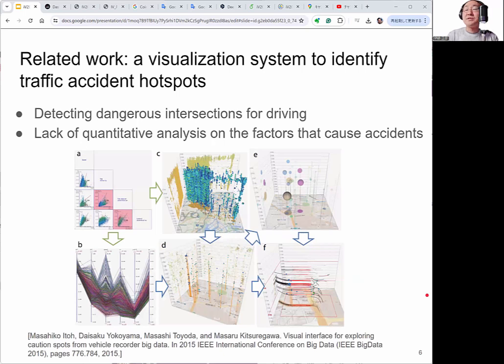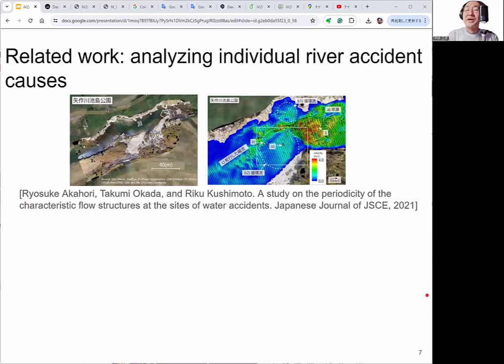Related work. There is some research about visualization systems to identify traffic accident hotspots. This work detected dangerous intersections for driving, but it did not provide a mechanism for analyzing the factors that caused accidents. And there are many individual analyses of river accident causes.